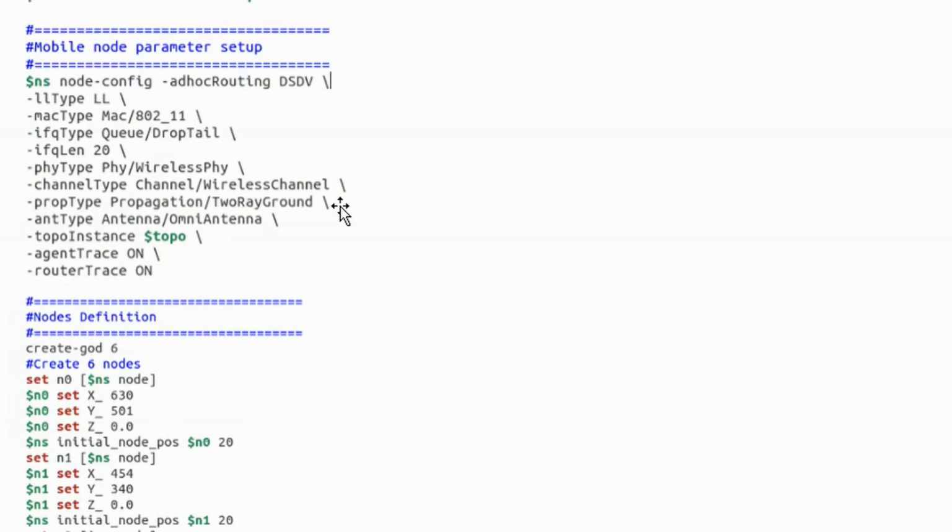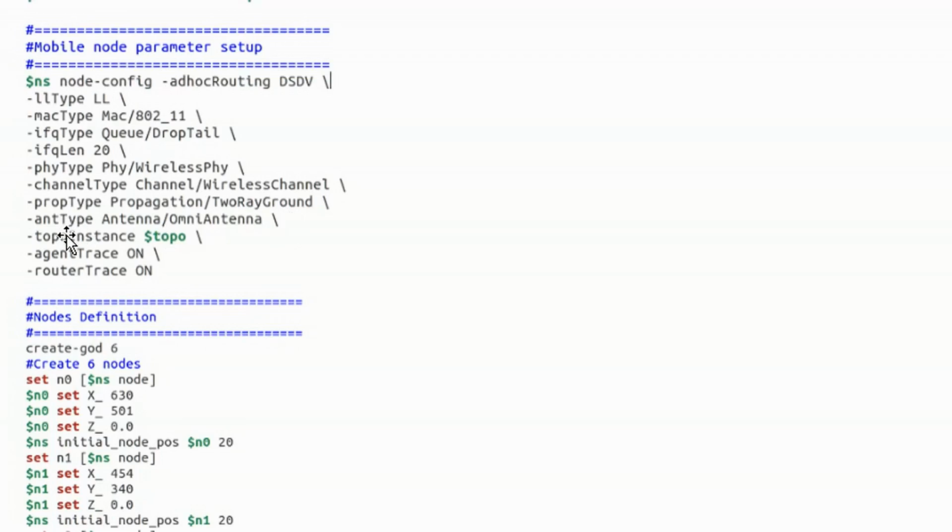It's TwoRayGround. Okay, so the propagation is TwoRayGround. And antenna type, antType. So I am using the omni antenna here. It means it's an all-direction antenna, that means 360 degrees. You have 2 more types as well. Unidirectional is only 90, bidirectional is 180, and omni antenna is for 360 degrees.